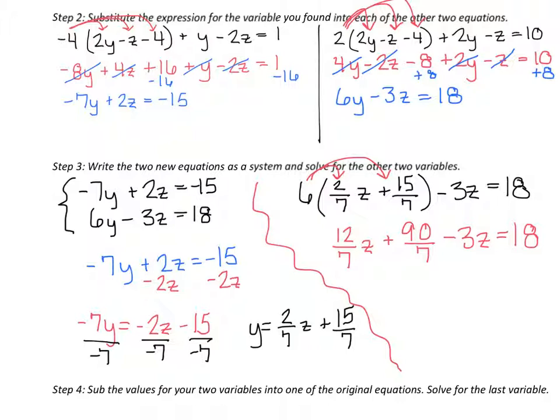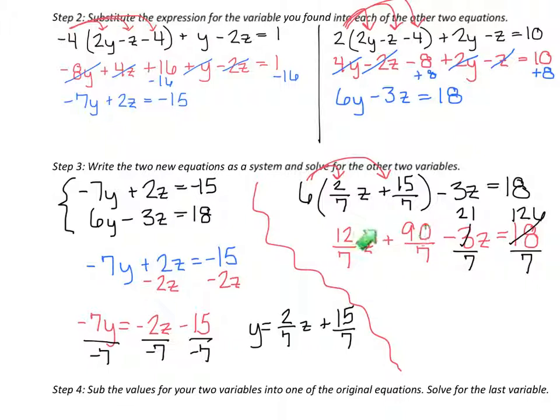So let's see. I'm going to go ahead and make everything over 7. So what's 3 times 7? 21. Somebody figure out what 18 times 7 is. 126. Okay. So what's, when we combine the negative 21 over 7z with positive 12 over